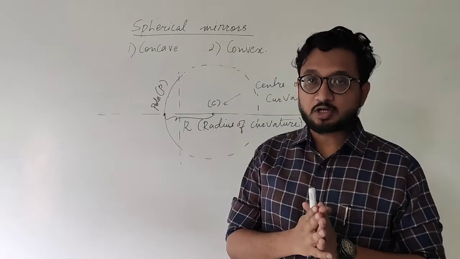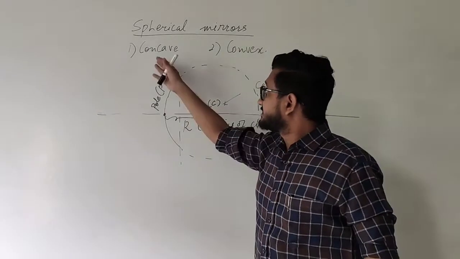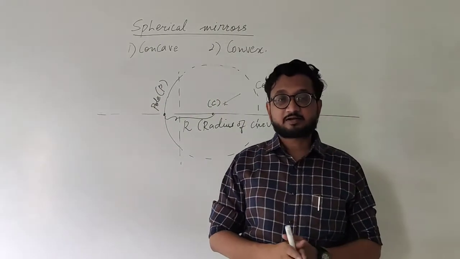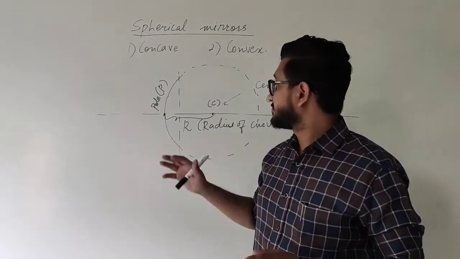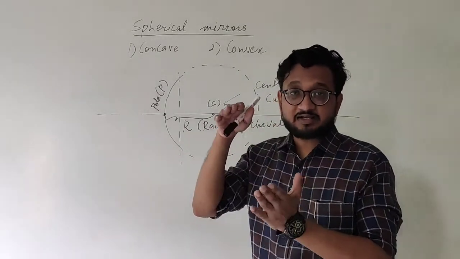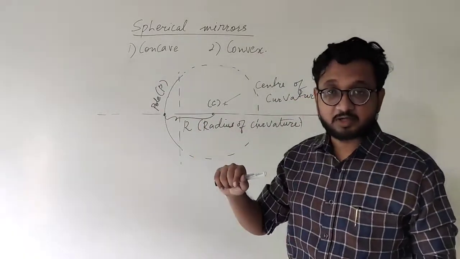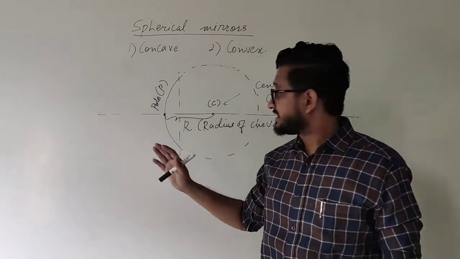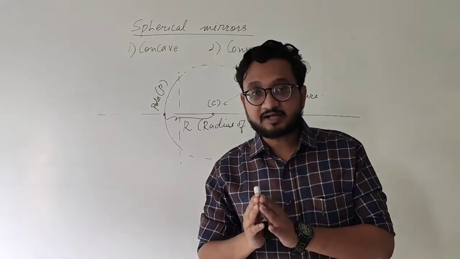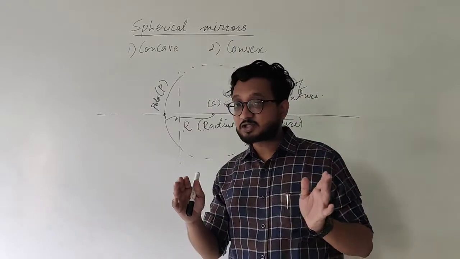Okay students, now let's talk about the two types of mirror and the difference between them. The concave mirror is called a converging mirror. The reason is that whatever light is incident on this mirror, it tries to converge. Converge means it tries to take the rays to a single point, and that is why it is called a converging mirror. On the other hand, a convex mirror, which has a shiny surface outwards, tries to diverge whichever light is incident on it. That means it tries to disperse the light in different directions. It does not try to converge.